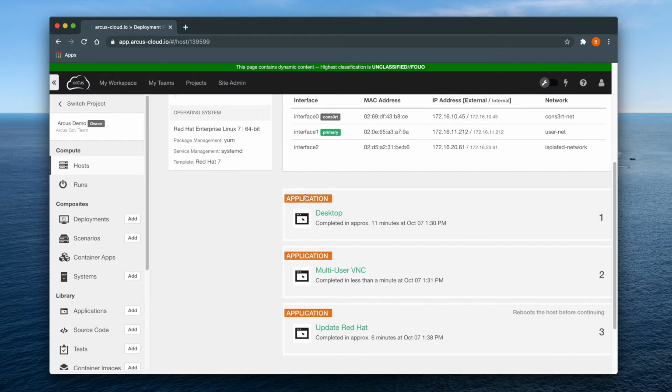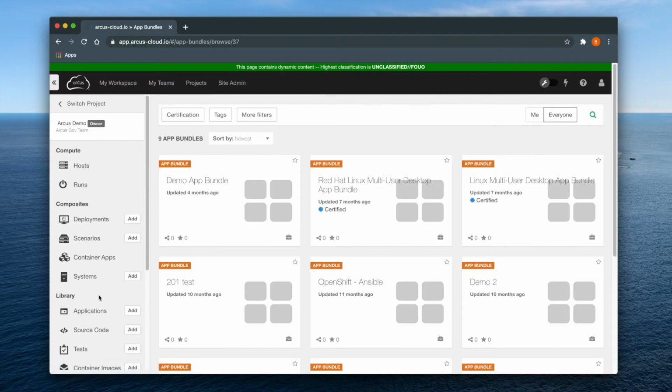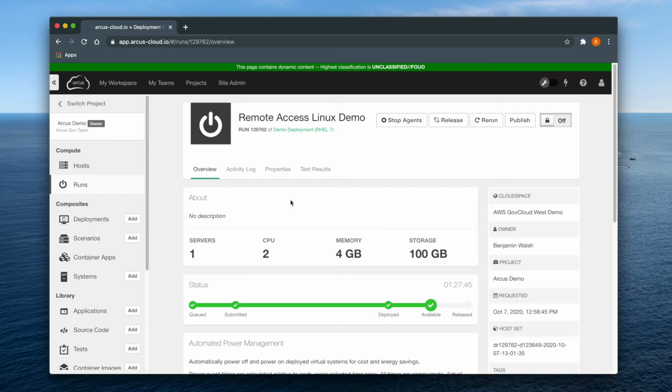You can find the applications you need in an app bundle under the library section of the main menu. For example, my virtual machine runs Red Hat 7, so I have installed the Red Hat Linux multi-user desktop app bundle. Now, if you have already installed the necessary applications, find your deployment run, click the Connect button on the